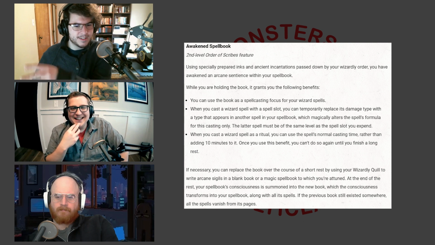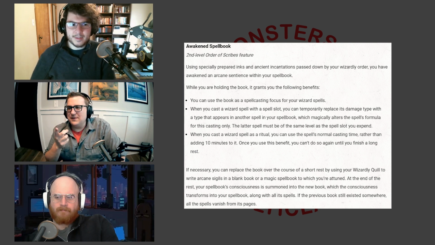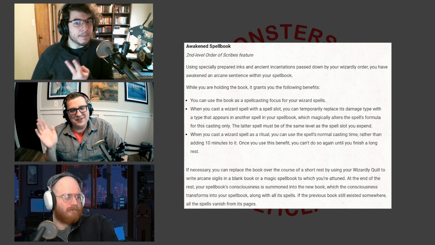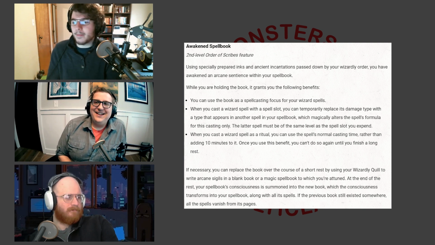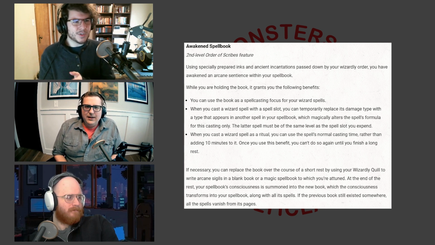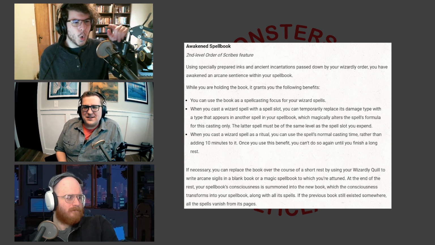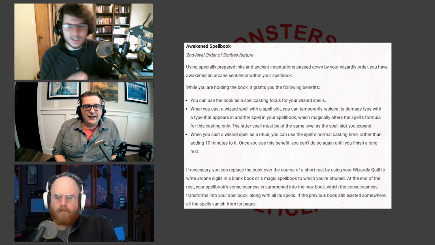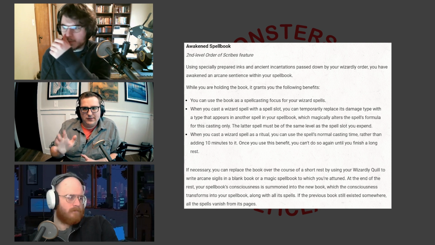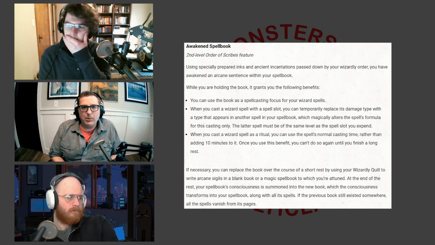Is Melf's Acid Arrow first level? I don't remember. I thought Scorching Ray's second level. Oh, you're right. I think Melf's is second. But that's the concept. I think it's weird that it has to be the same spell level. Or lower? It's not a bad idea. And this is one of those mechanical benefits that's fitting with this. They learn how to alter the spells and change the damage in a more booky...